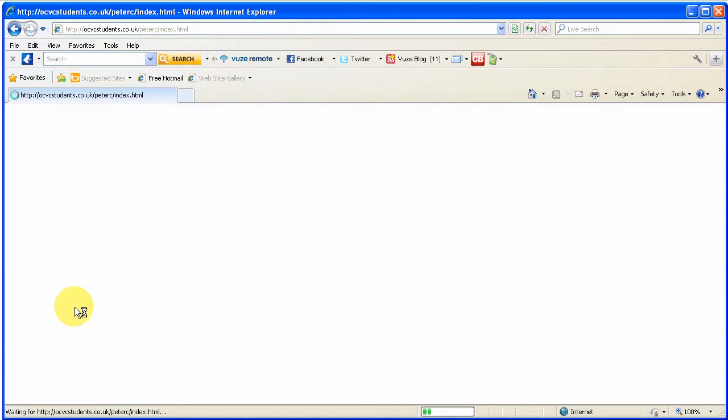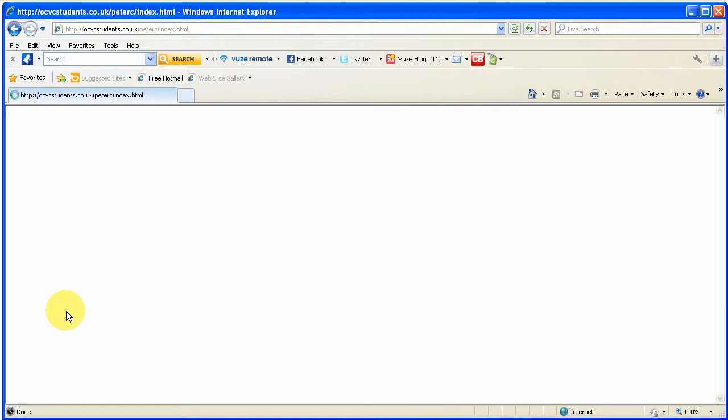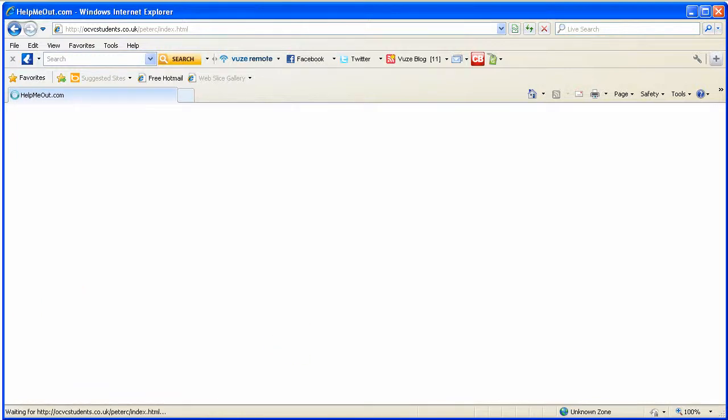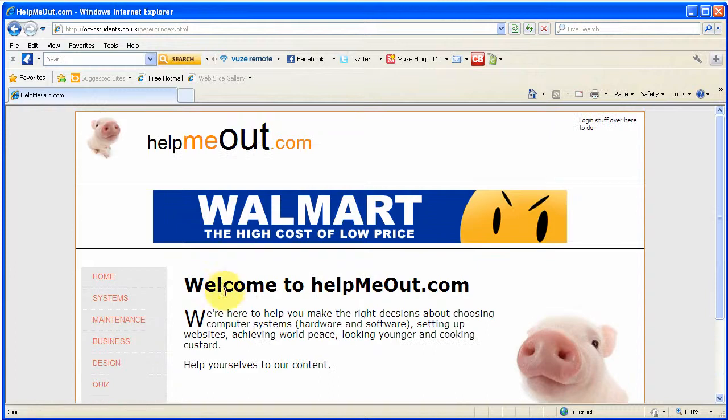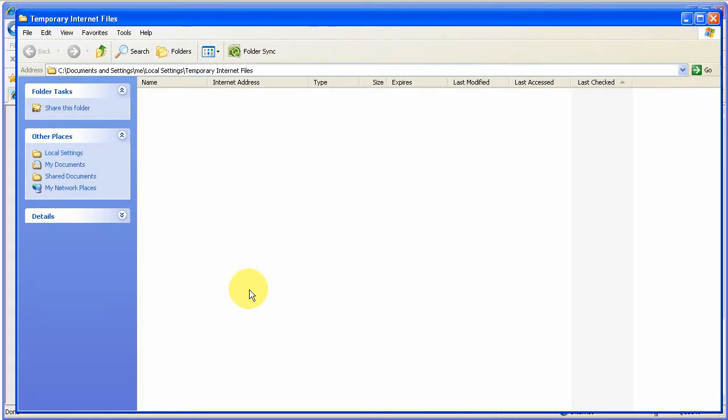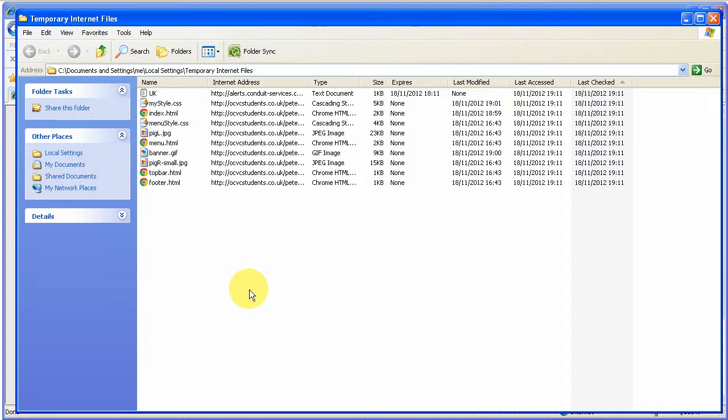Wait until it loads. For some bizarre reason it's being incredibly slow. Right, I'm going to pause it for a second and find out why. Oh, here we go. I was going to pause it and find out why my internet connection suddenly was acting incredibly slow. Now if I go back to my temporary internet folder, F5,